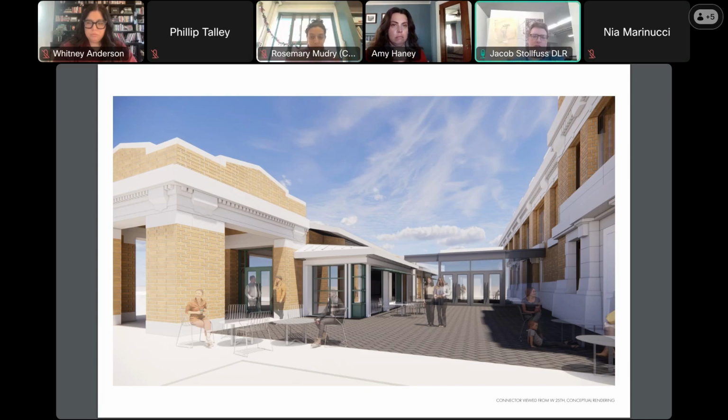And I could jump in a little bit as well, just to say that we do recognize these connectors as one of the most, well, for this project especially, the most difficult design piece of the project, because it does serve so many functions, as Rosemary's alluding to, between its function basically as a vestibule into the main market hall, to provide that pathway from the arcades into the market hall, recognizing that a lot of patrons actually are coming from the parking lot.